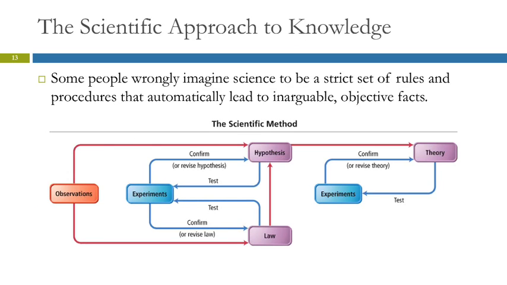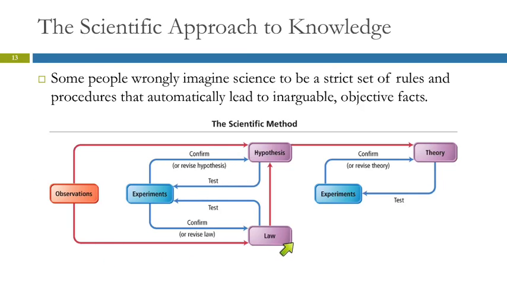So here's a flow chart, sort of summarizing the scientific method. The scientific method is not a set of do this, do this, do this, and you will get this at the end. It's more of an approach. It can be very, very messy when you actually are doing it. You may start with an observation, and you develop a hypothesis for that, and then you have to test it with experiments. The results of the experiments may confirm your hypothesis, or they may disprove it, in which case you need to revise it or start over. Sometimes you end up going in these circles for years.